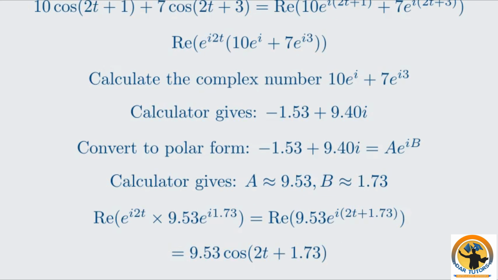So we have successfully combined the two cosine waves into a single wave with amplitude 9.53 and phase shift 1.73. We've shown how the exponential form provides a powerful method for solving this type of problem. Let's work through another application example similar to exercise 11J to further illustrate how the exponential form can be used